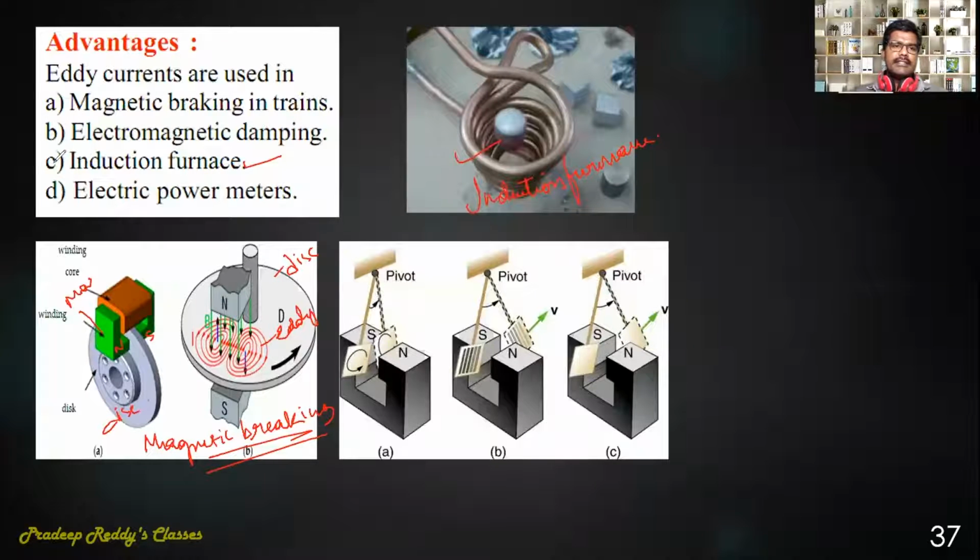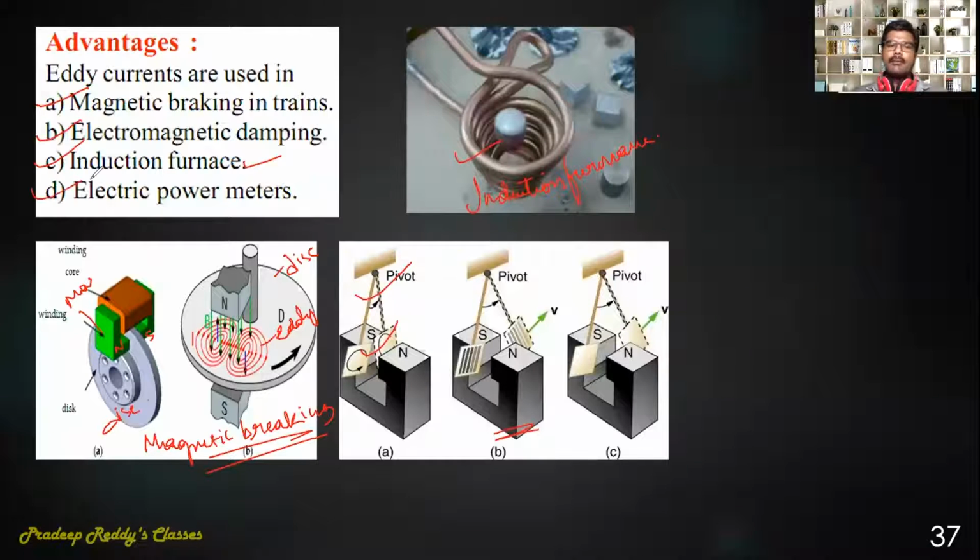And next, this is electromagnetic damping. Electromagnetic damping is that, as I already told you, this is a simple pendulum where eddy currents are greater in this magnet. But what we are doing is cutting them into pieces. We are just decreasing the area of cross section. It can move so that the damping magnitude decreases. So whenever you need to increase damping, you will just increase the area of cross section. So it is one more usefulness of the eddy currents.